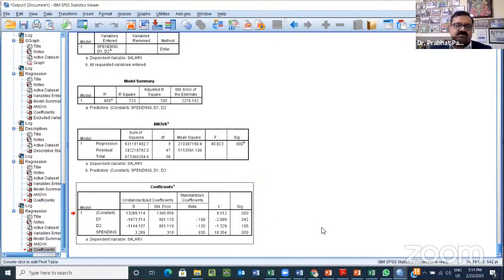Look at the result now. Can you interpret this result? Some of you can try and interpret. Can you interpret the result of D1? Anyone who would like to try? After considering the covariate, what is the result now? Is it the same result or has the result changed? So the result got changed.